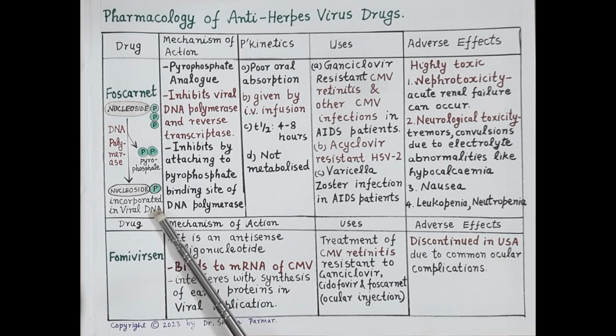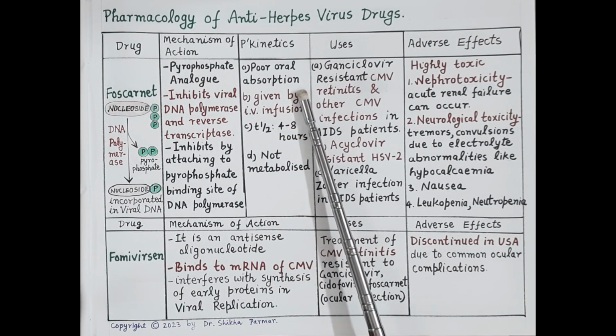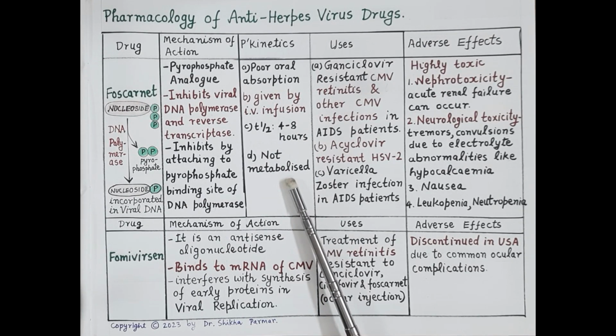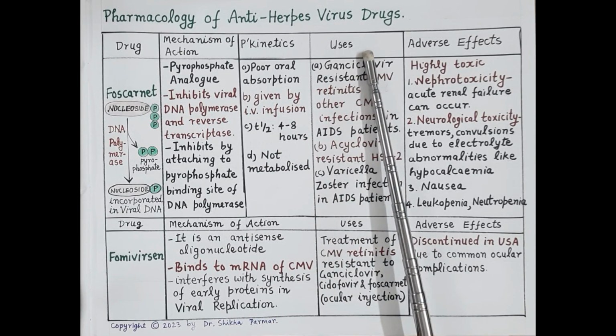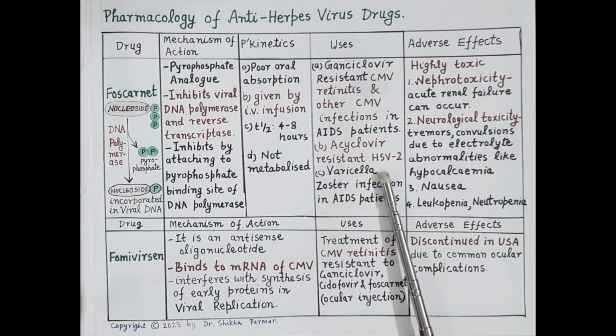So this stops the multiplication of virus. Now, Foscarnet has poor oral absorption and therefore it is given by IV infusion. Its half-life is 4 to 8 hours and it is not metabolized. Now, uses of Foscarnet. Foscarnet is used to treat only resistant cytomegalovirus and herpes simplex virus infections because it